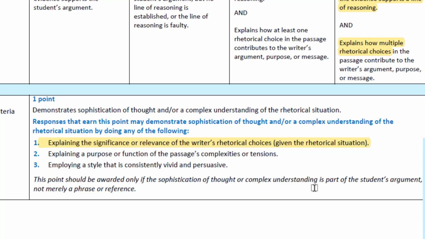It is so important that you think about the rhetorical situation in connection to the argument that you are making, the rhetorical choices, the rhetorical elements, or the devices, the elements of the resources of language, or elements of rhetoric that the author is using. Think of those in connection to the rhetorical situation.